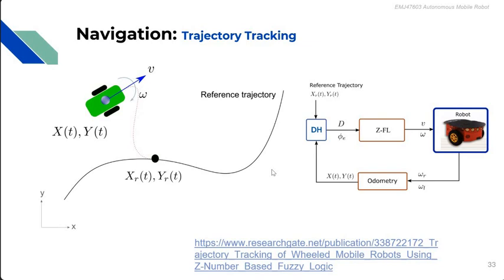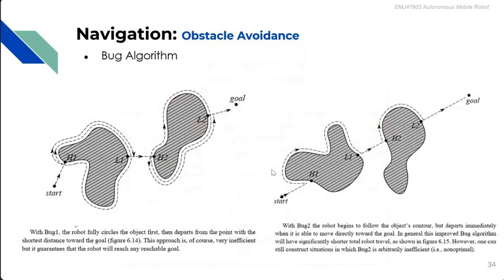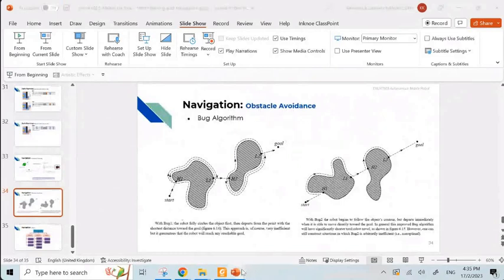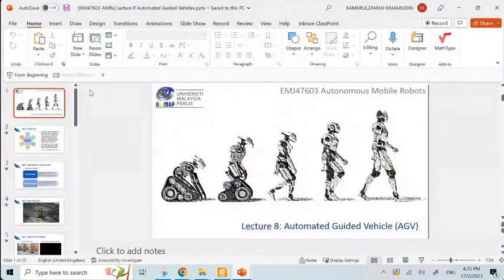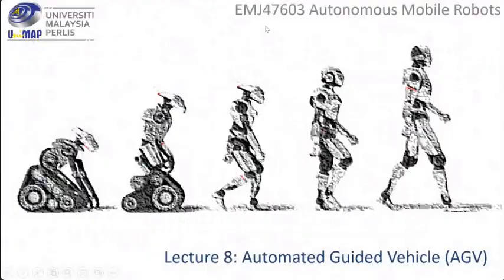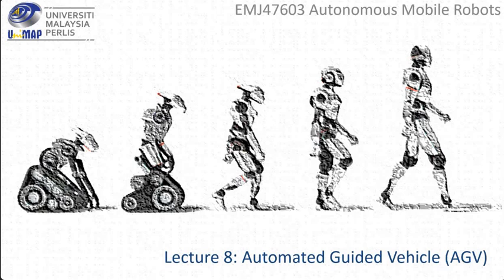Or let's say within the path you have an obstacle in the middle, so you want to go to the obstacle and then avoid it and then come back to the path and so on. These are the examples of navigation. And the last slide that I covered last time was about the AGV. Okay, so for AGV,